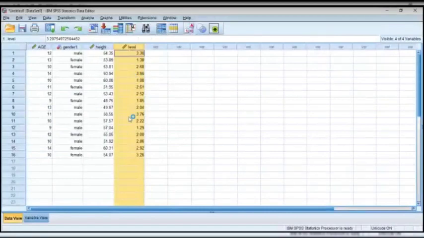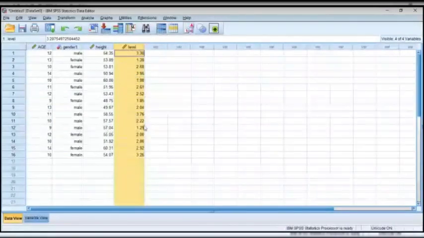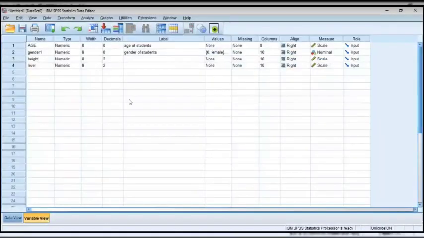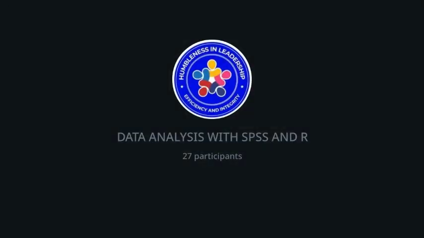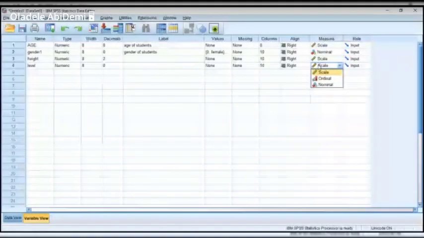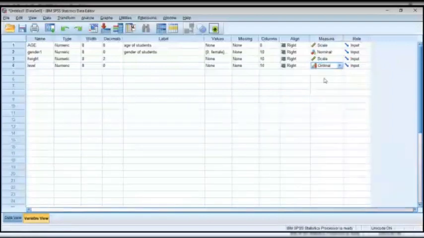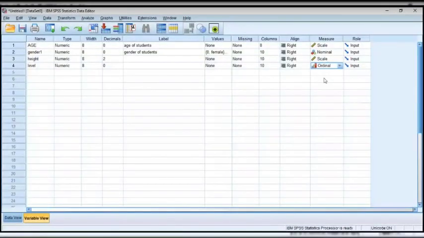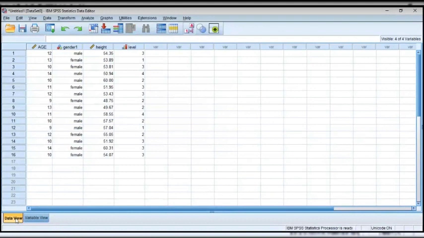Now, it's showing it in decimal places. Of course, it shouldn't be in decimal places. It should be in 0 decimal places, and it shouldn't be a scale because it is a level. It should be ordinal. Okay, and that is why it is very important for us to be able to define the characteristics of our variables.